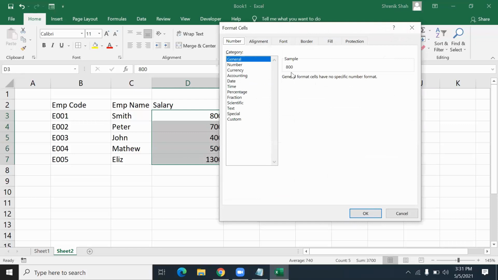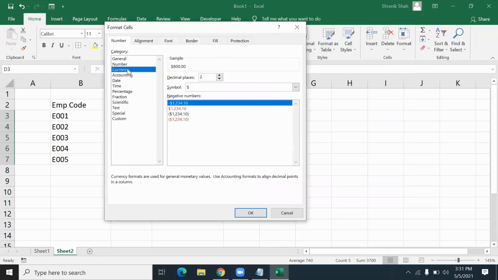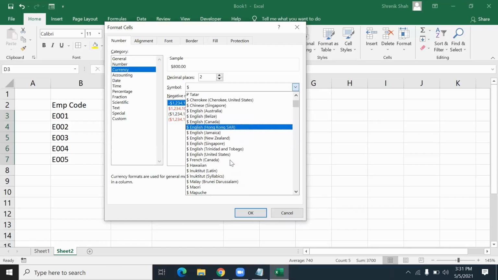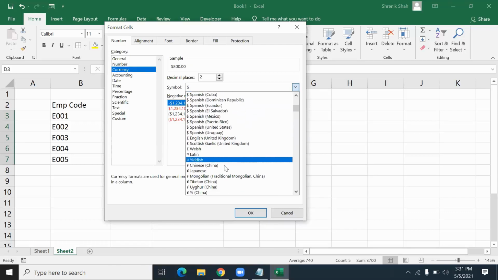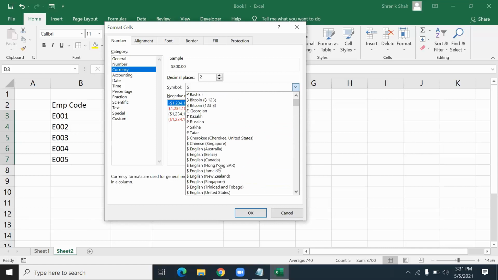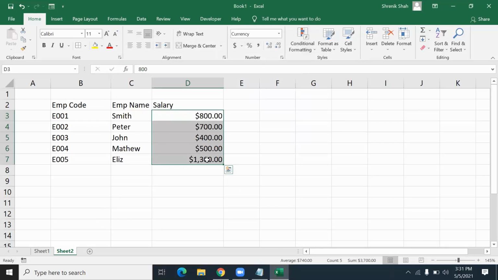Now you will see an option called currency, and in the currency section you will find the dollar symbol. Scroll down and you will find many countries' currencies. Here you find which one you want: dollar, pound, euro, or rupee. I select the dollar and click OK. It shows me the amount in dollar format.